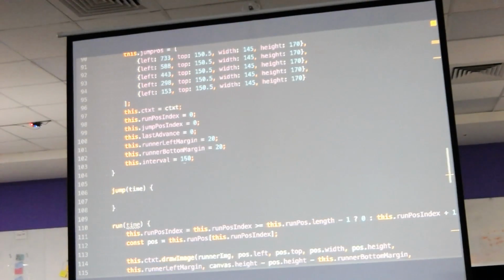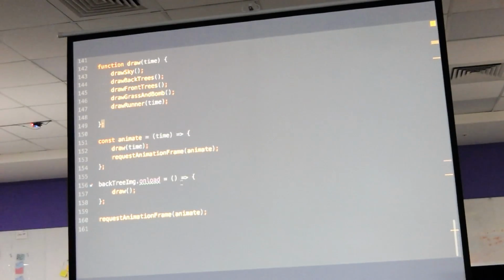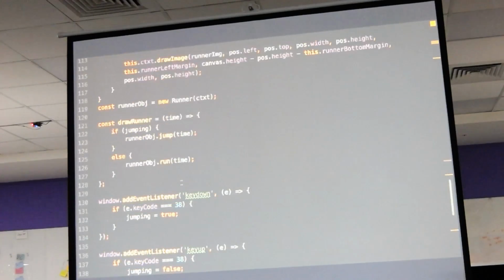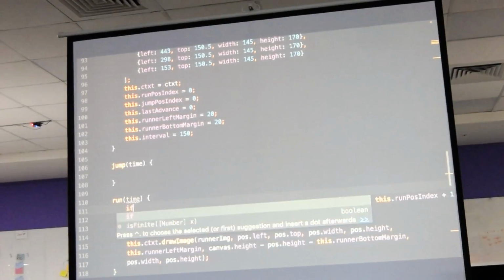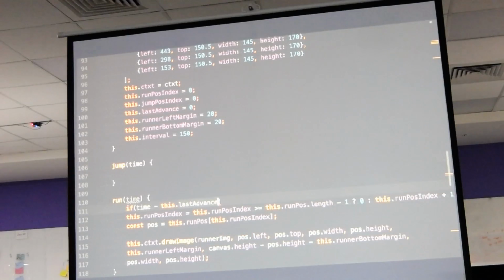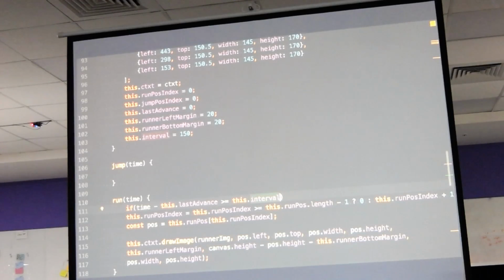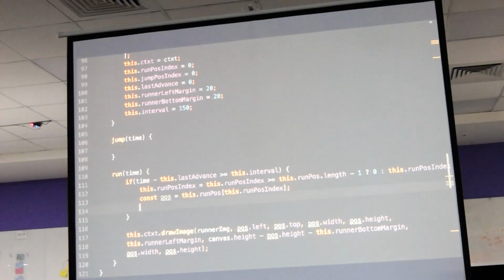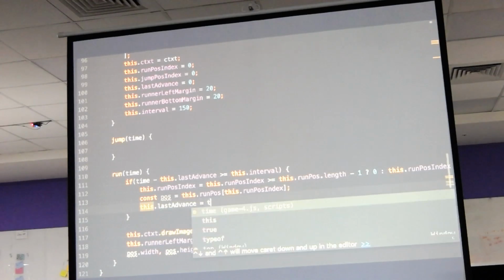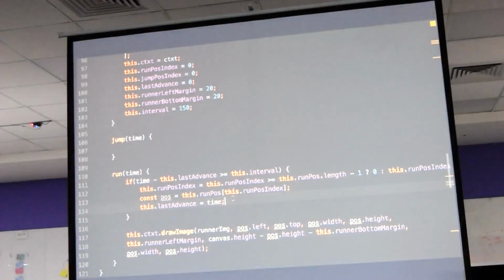we're going to have an interval. At the same time, we're going to store the time. So as I said, every time the request animation frame calls the callback, it will pass the time. We're going to simply check that the new time minus the old time should be greater than or equal to the interval. In our case, it's going to be 158. You can set it to whatever value you want. And then update the last time to the current time, so that the next time it will take care of it. Now if you see it,